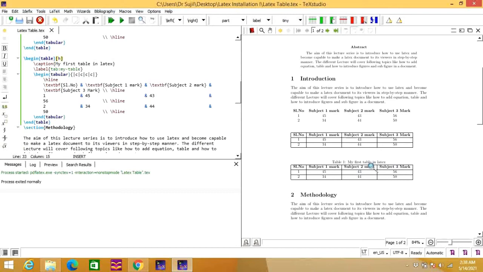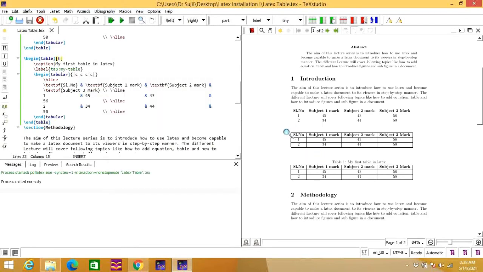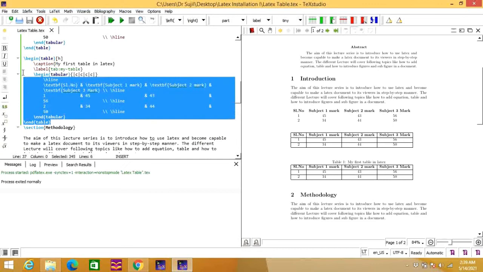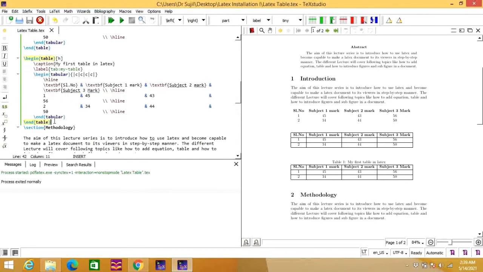For that, if you want to remove any border, you can do one thing. Suppose you need to remove these vertical lines from this table. How can you do it? I am going to copy this table again and paste it below so that we can edit from here.